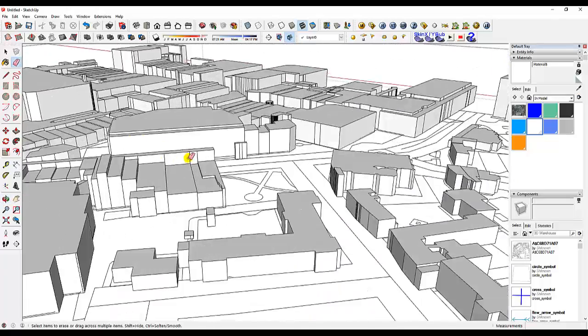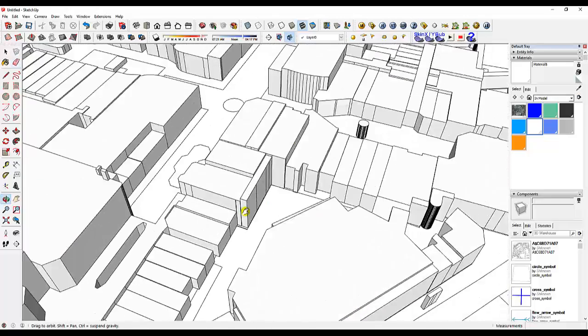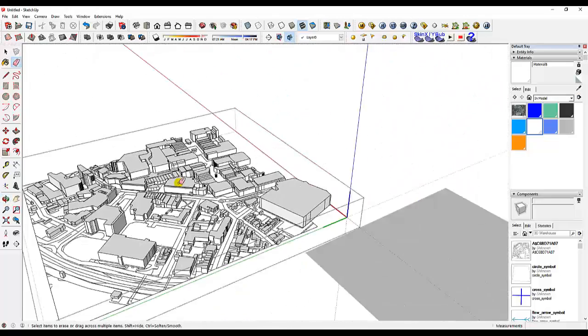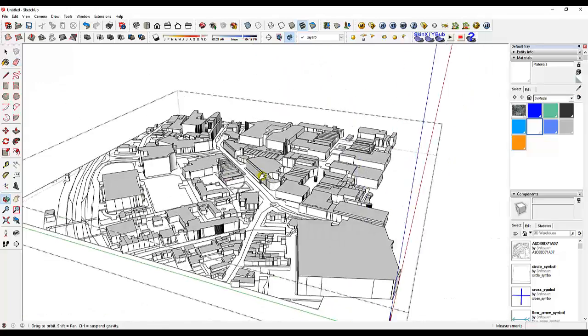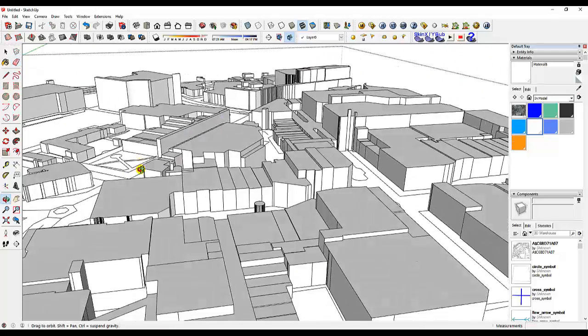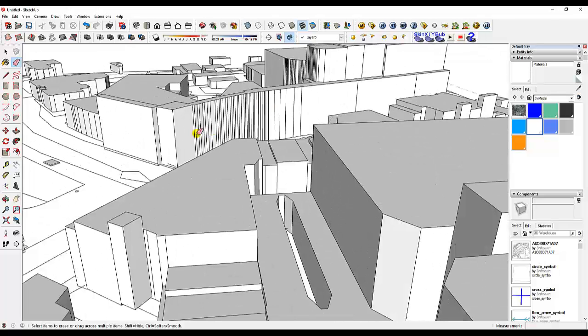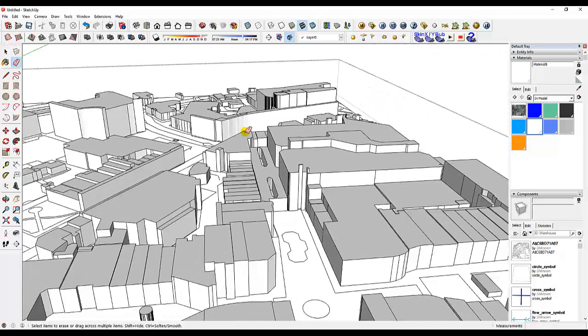You could go around sorting it all out if you could be bothered. There's a few more in the location that my building is, around this way. So some of these. Okay, so knock yourself out with that. There's loads and loads you could sort out. I'm not going to go any further than that. Once I've coloured these in, press and hold on this eraser tool, and you just drag across those things. Okay, so